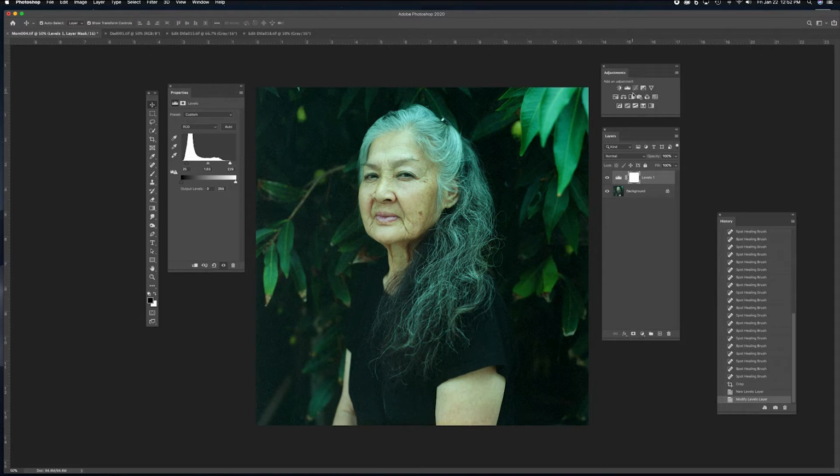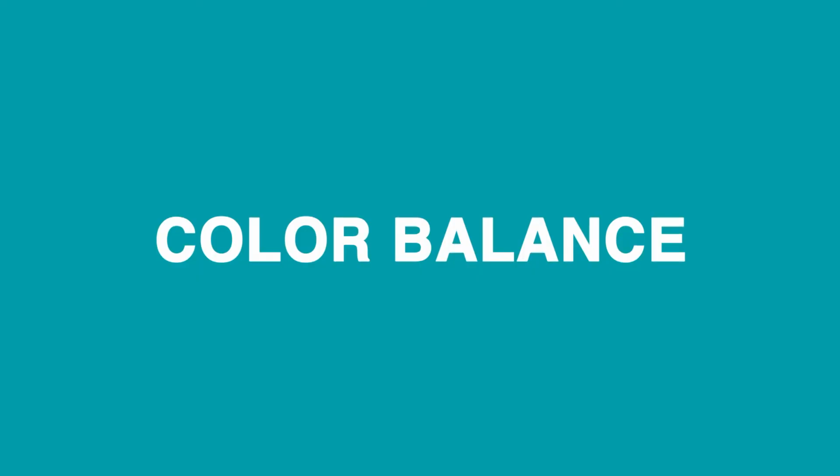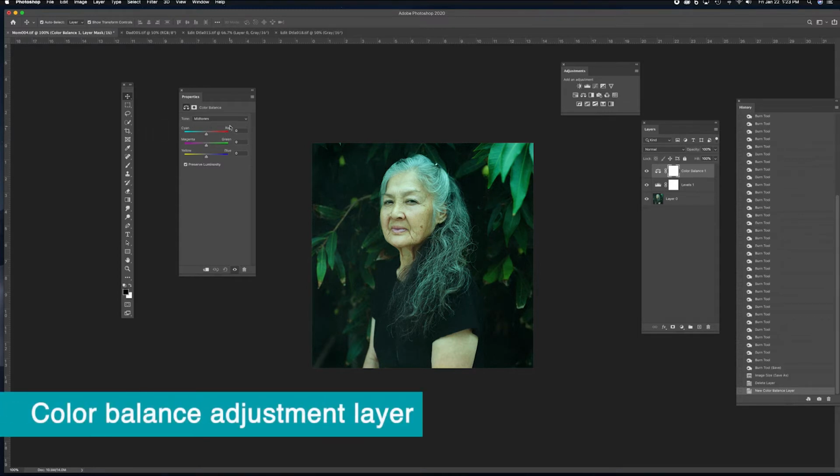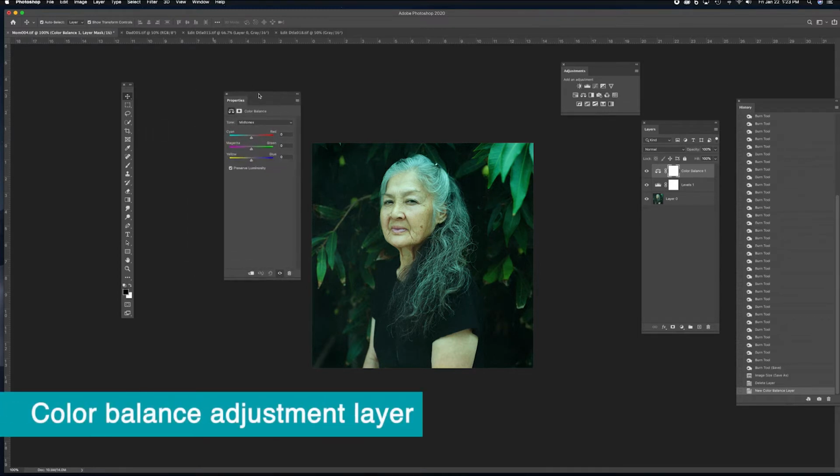Let's move on to a color balance adjustment. Now let's talk about color balance. It will help brighten your image. It will help bring essence and mood to your photograph. I have my color balance window open, and what's really great with color balance is that you can really isolate